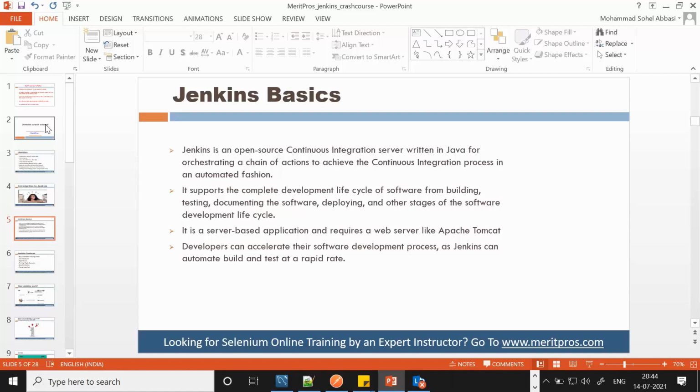What does it mean when I say open source? Can somebody please put the answers in the chat? I just want to check. What does it mean when I say it is open source? All right, freely available. Great. Basically, Jenkins is freely available. Open source means you don't need to pay anything. It is available for everyone. Just go ahead, download it, put it on your machine, put it onto the cloud, have your credentials ready, and you'll be good. This is what we call Jenkins, an open source tool.